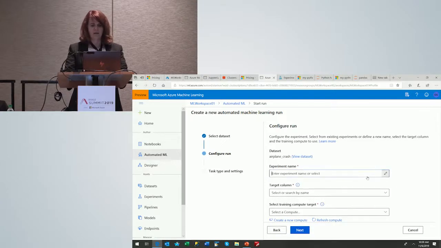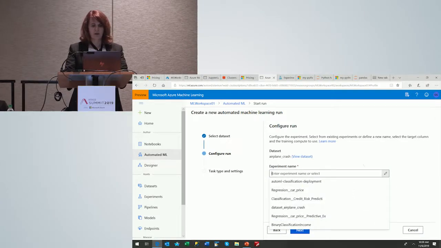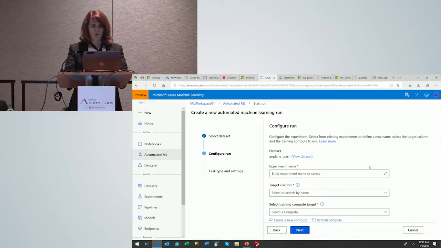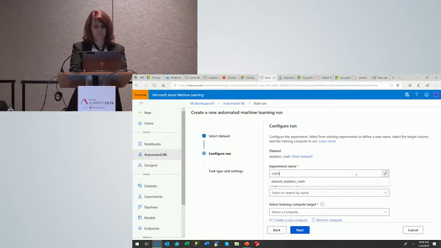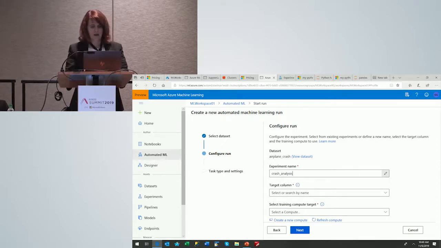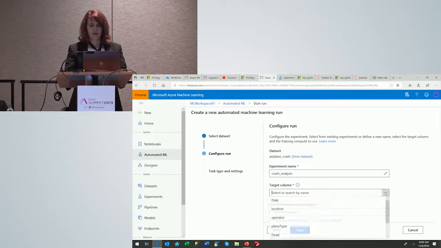And it can say, create a new classification, or you can select one. So I'm going to create a new one. So I'm going to call this crash analysis. And then it wants to know what I'm looking for.